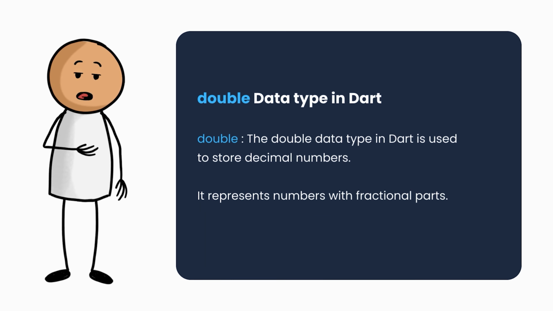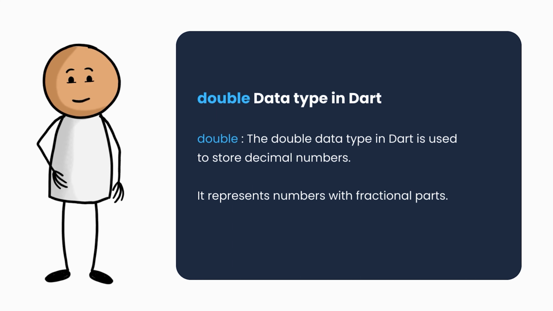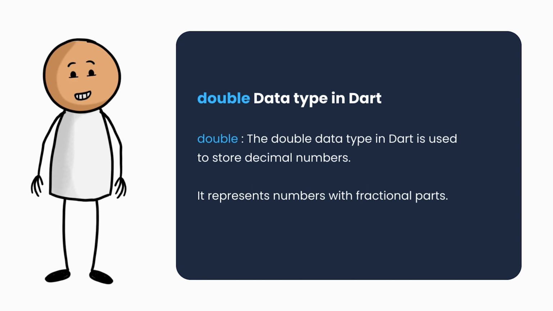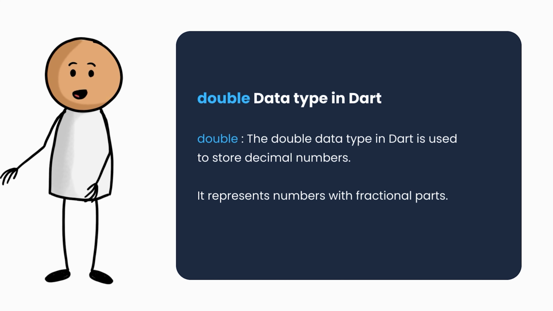Now let's look at double data type in Dart. The double data type in Dart is used to store decimal numbers. It represents numbers with fractional parts. For example,